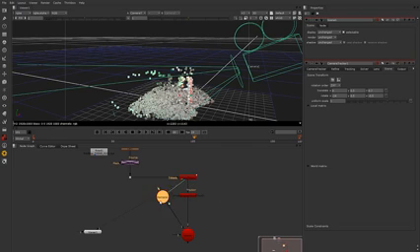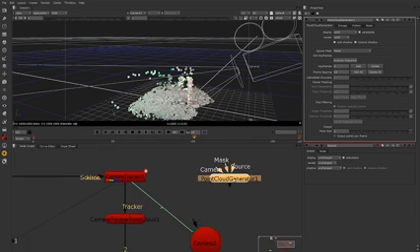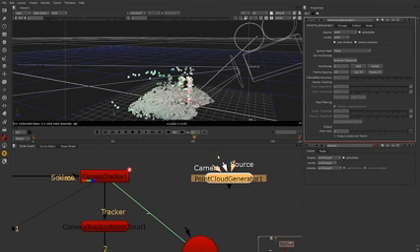So I think I'll just pull my camera, actually we'll leave it there for a sec, and I'm just going to hit Alt anywhere without anything selected, just so that I can choose where to put it and how to wire it up. And there's my point cloud generator. Now if I click on that, you'll see that it actually has a camera input, it's got a mask input